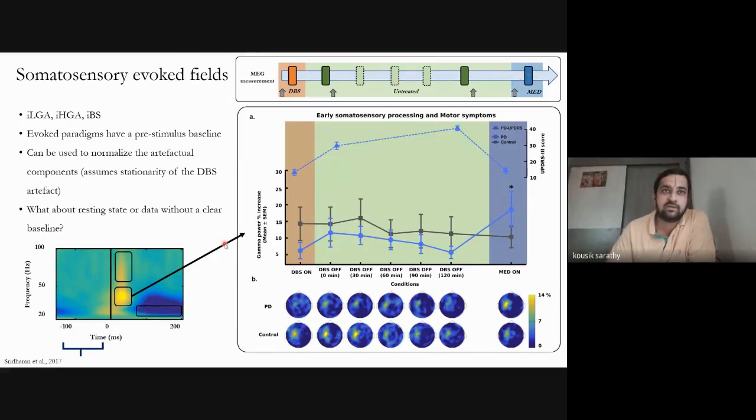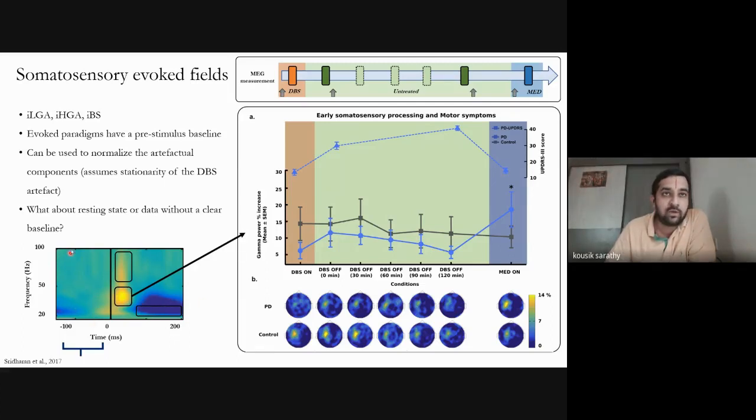So we will not go into these results now. What is of interest to us is this picture here. This is a time frequency representation of the oscillations that occur in the sensory motor area, somewhere in the parietal area, on the contralateral side. We stimulated the right hand, so you can see activations on the left side. That's the simple thing that we need to understand here. You can see that the stimulus is provided at 0.0 milliseconds, but we also have some pre-stimulus interval, right?